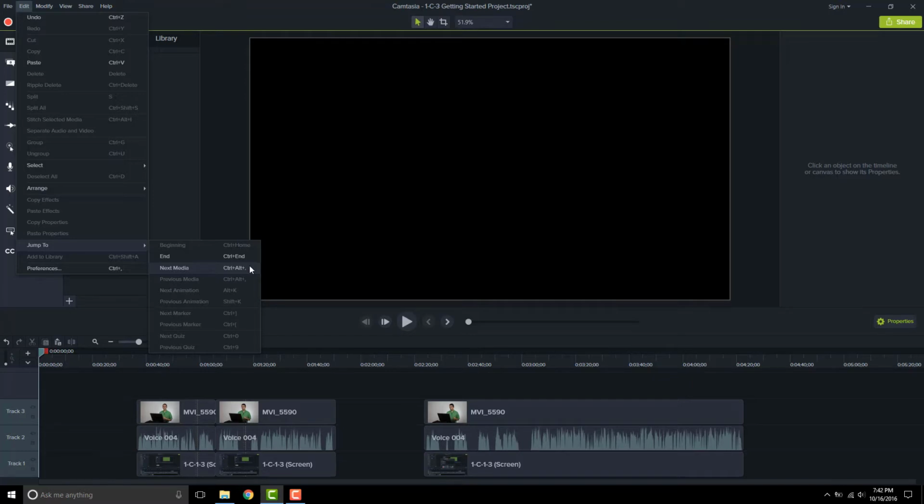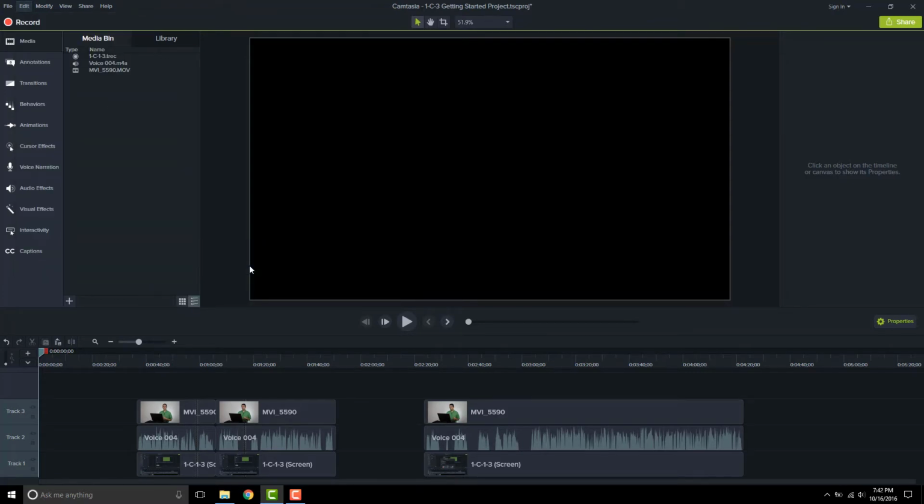So notice it shows Control, Alt, and period. So if you're looking at your keyboard, you can see that the comma and period keys also have the less than and greater than signs on them to try and show you arrows to the left and to the right. So you might want to think of it more as choosing that arrow that leads to the right or to the left. So let me show you what I mean. I'm going to hit Escape to get out of this menu. And I see my playhead is there toward the beginning. I'll just move it over here a little bit.